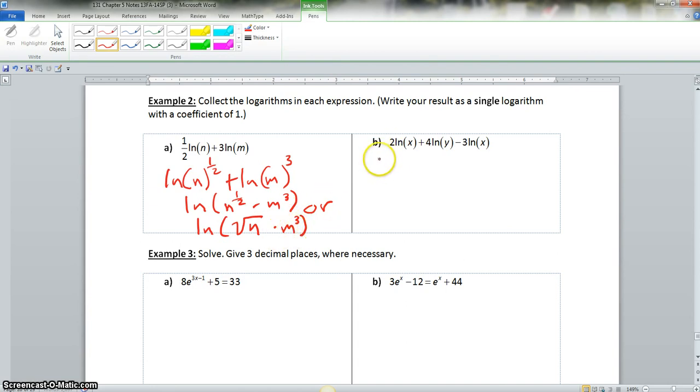Okay, now we come to b. We do the same thing. We add natural log of x squared plus natural log of y to the 4th minus natural log x to the 3rd. Now we will have the natural log, and we will have,